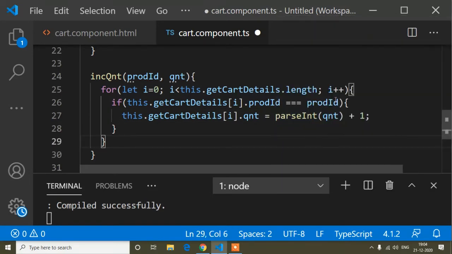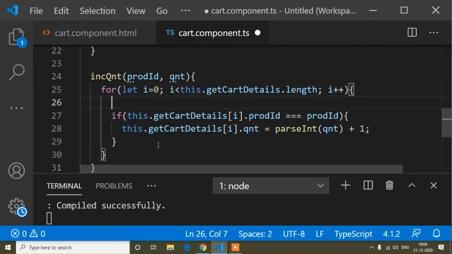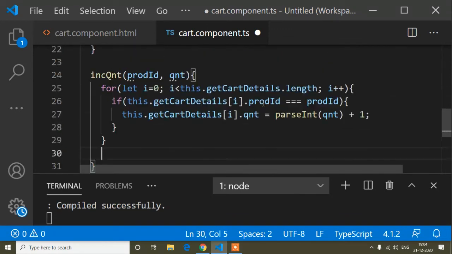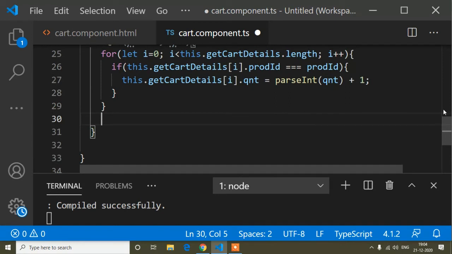And now after this for loop is completed, I have to store this into local storage.